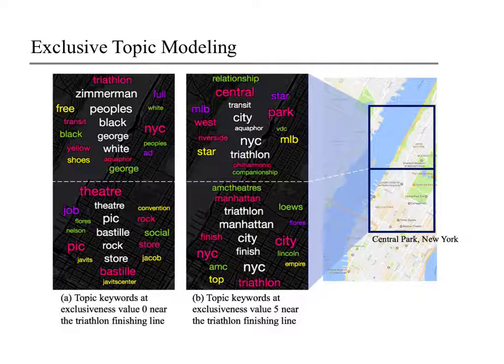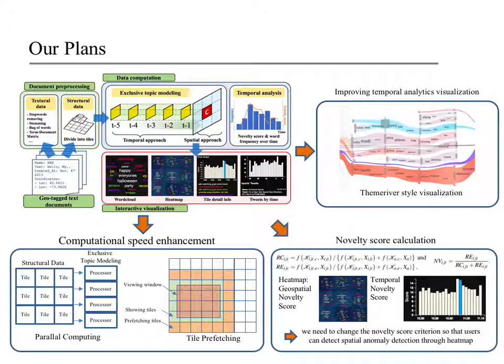Actually, we already submitted the first version of our system to IEEE BIS, but we are going to revise our system, and we plan to resubmit to the TVCG journal. So what we're going to do is, first of all, change our algorithm to speed up our computation time. So we will use parallel computing to